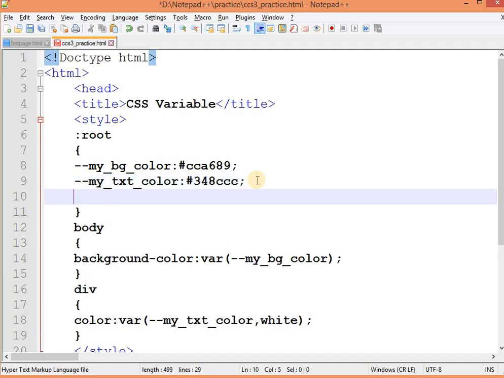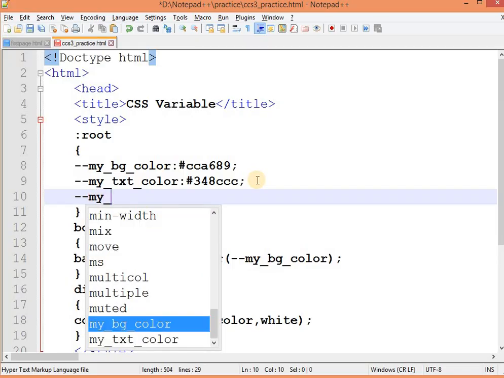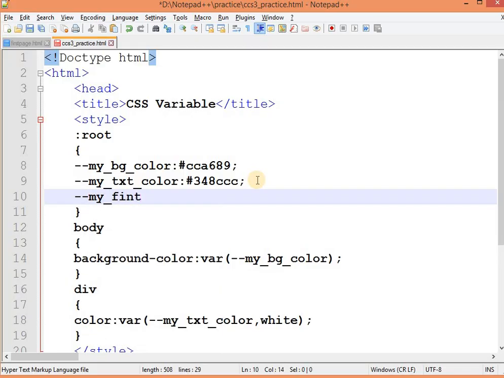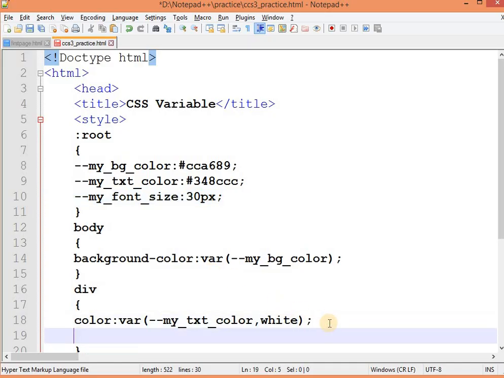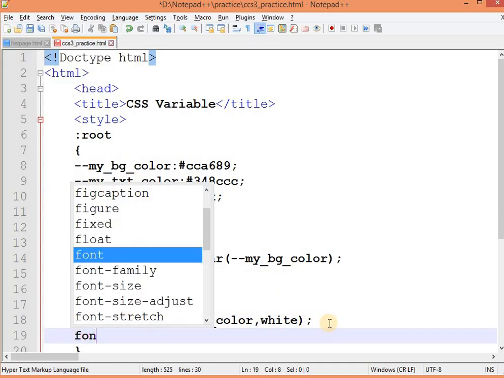Now after that I want to set a custom name for my font size, that is 30 pixel. So over here, how can we use it?